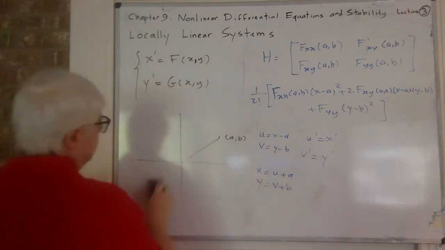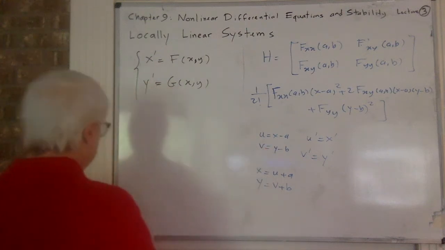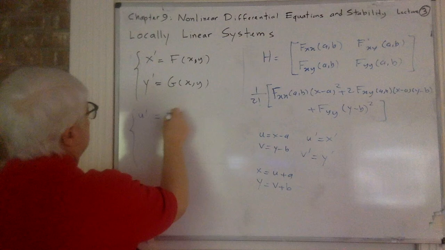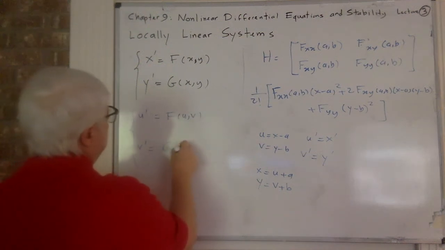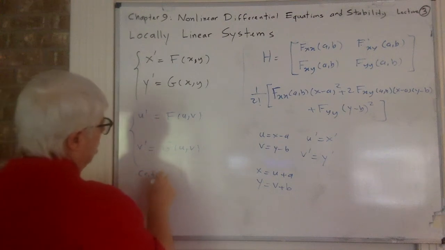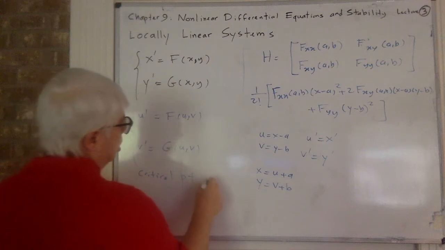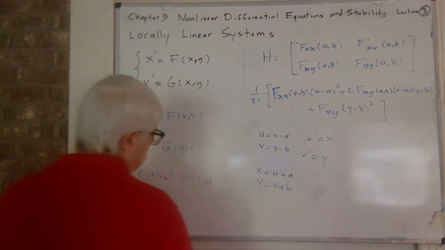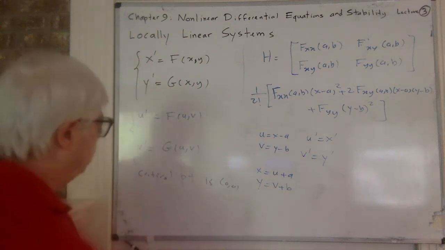So if I turn this, with this simple transformation, this becomes u prime is f of u, v, and v prime is g of u, v. And one of the critical points is 0, 0. It will be 0, 0. Okay, so if that happens,